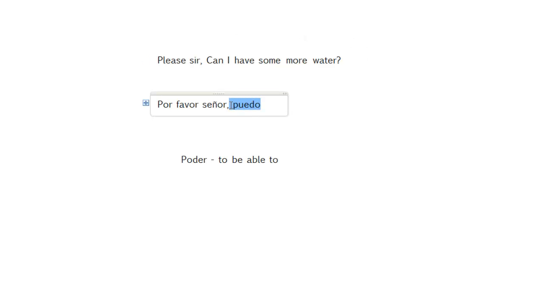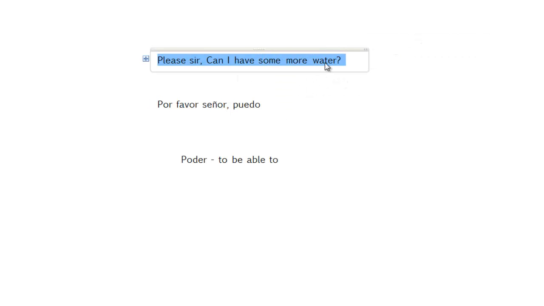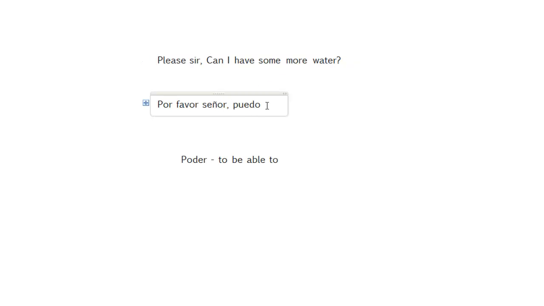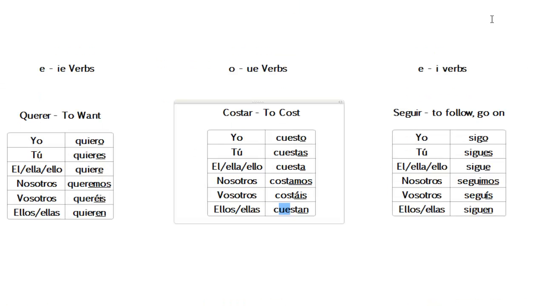Now, this is how you remember puedo. So this is your phrase to remember, right? So it's one of these water verbs, puedo. Okay, now to have in Spanish is tener, right? This is a special verb as well, and I'm going to point that out, because I want to do a couple of things with it. Is to have. Okay, now when we look at our irregular verbs, it's an irregular. A lot of the common verbs are irregular verbs. You have to remember it. It's one of these verbs.